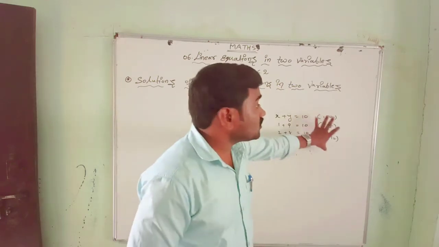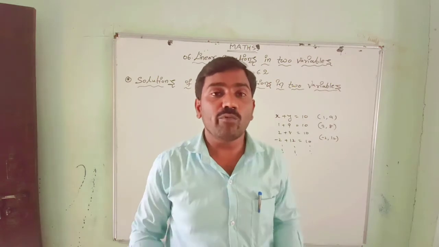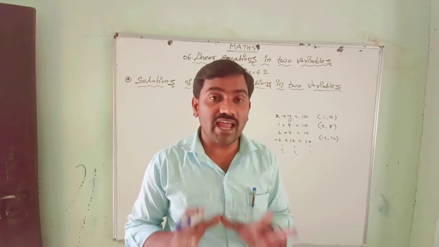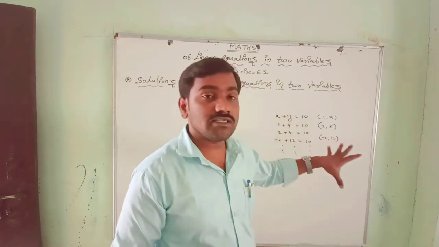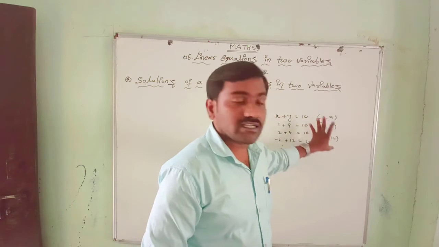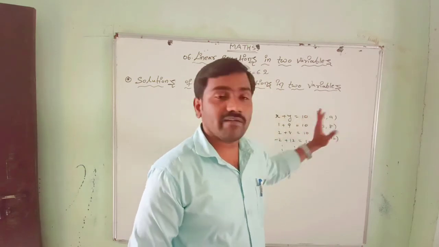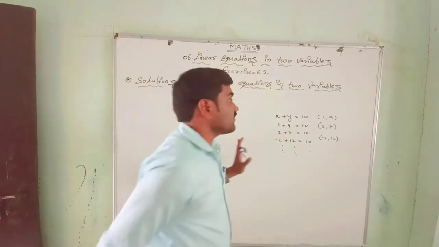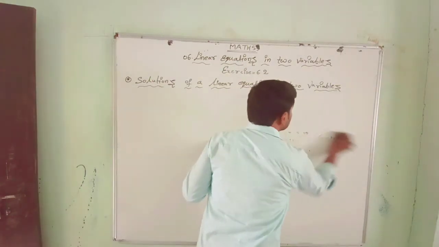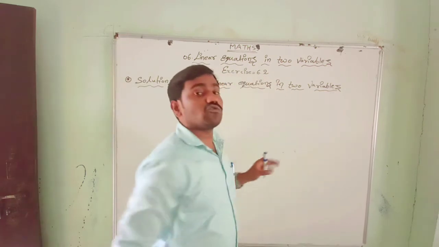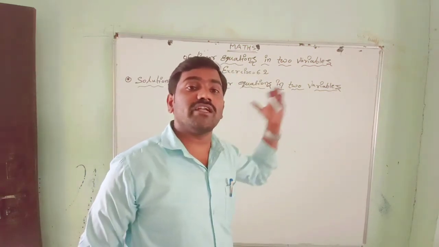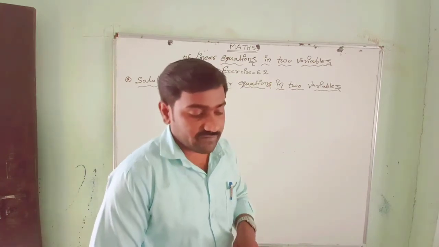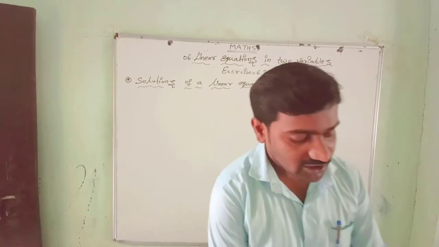So, this solution will help us. This exercise is very important because the next three exercises depend only on this. The x comma y values we get here will be drawn on the graph in the next exercises. But here we will learn how to find the solutions. Those solutions will be represented on the graph in the next exercises. So this exercise is important. Please concentrate, everyone.